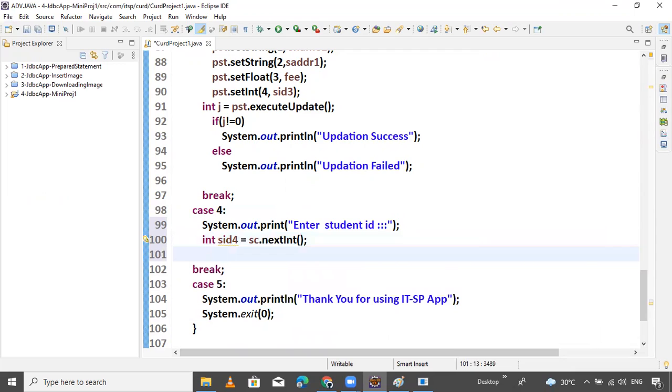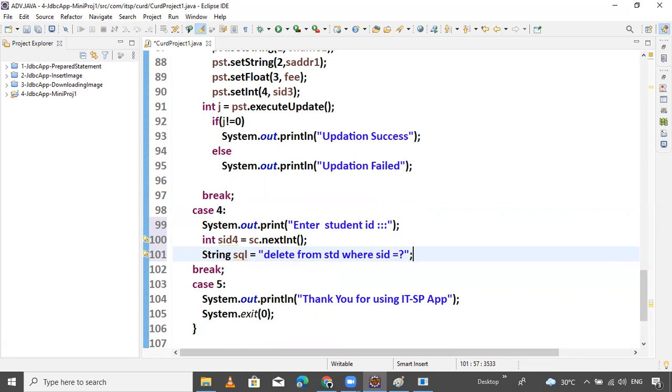Just ask it. Now I want to prepare the query string. String SQL equals delete. SQL delete is delete from, what is that? Delete from std where SID equals question mark. Is this query right or wrong?